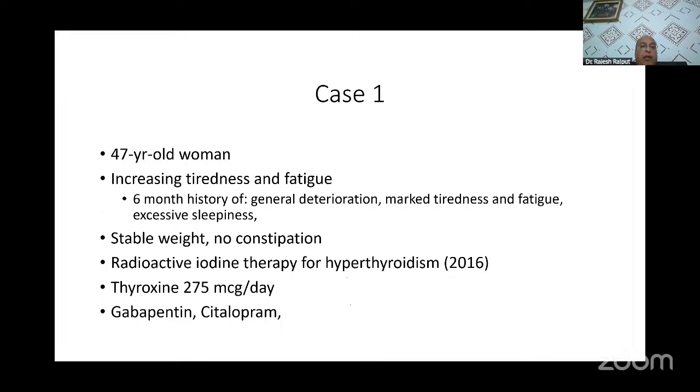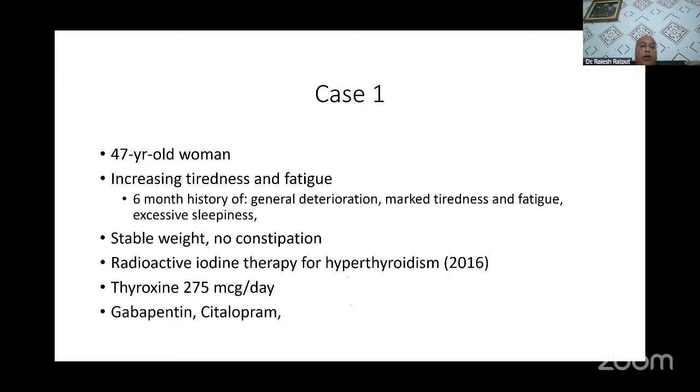A 47-year-old woman comes with increasing tiredness and fatigue. Weight is stable, no constipation. Patient has received radioiodine therapy for hyperthyroidism in 2016, and is currently receiving levothyroxine 275 micrograms per day. Apart from that, because of tiredness, fatigue, sleepiness, patient has also been prescribed gabapentin and